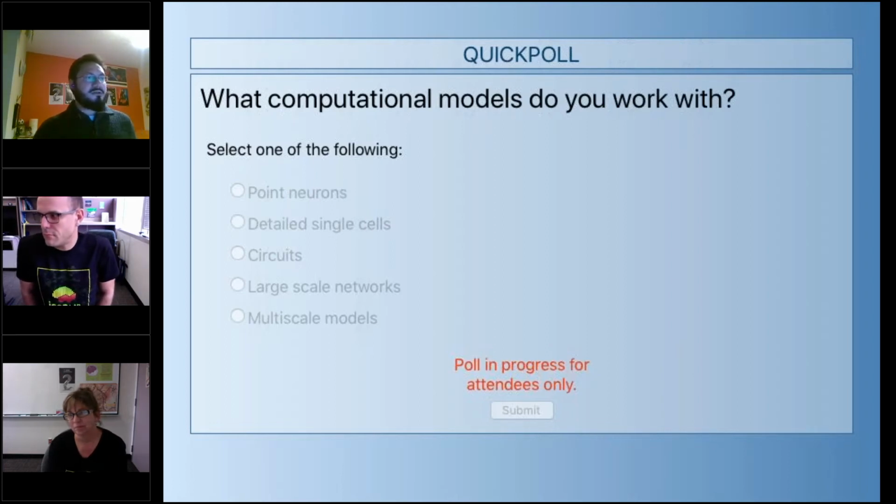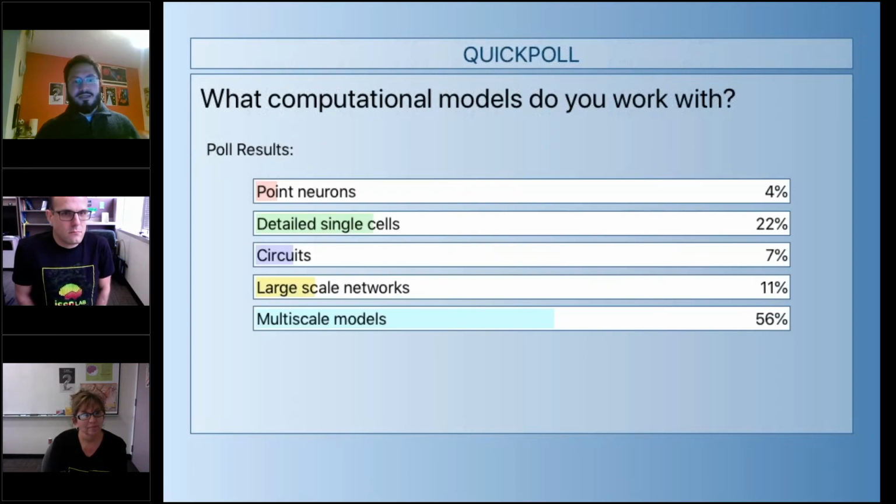Just another 5 seconds, and it looks like multi-scale models are winning. But let's share the results. So I'm just going to go ahead and close the poll, and I'm going to share the results with everybody. So it looks like most people in the audience are working with multi-scale models, but there's a good chunk of people also working with detailed single cells, and then everything else trailing after that. So, okay, I'm going to go ahead and pass it back to Rick,